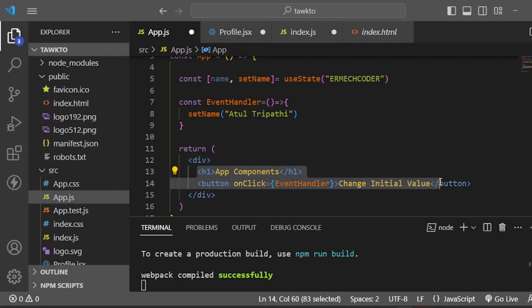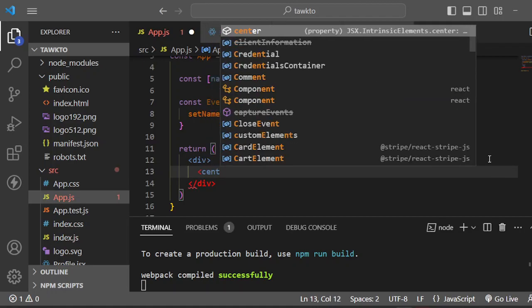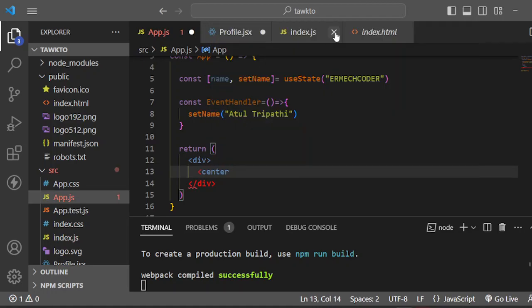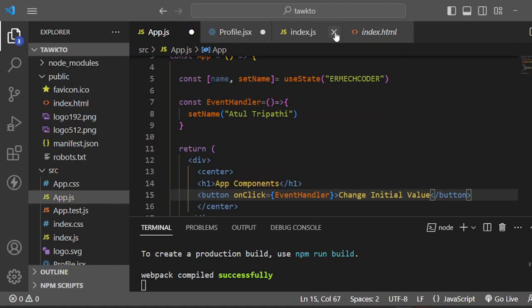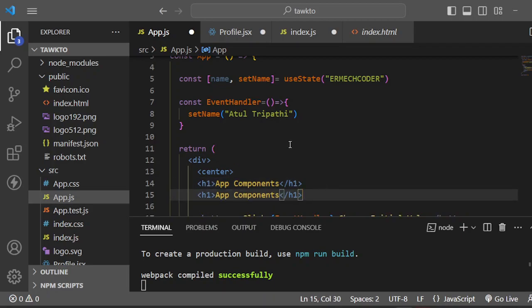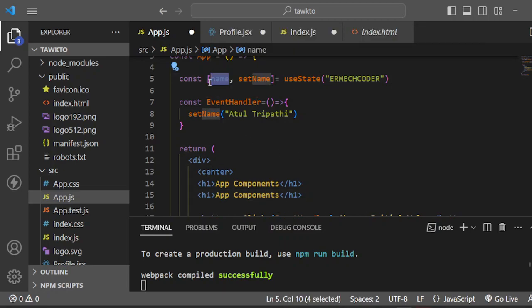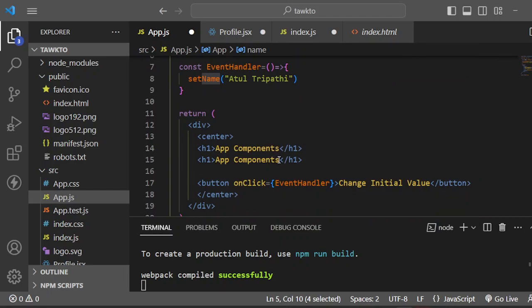It's done with center. So you just center tag and it's changed with name. So name, when using in JSX or with HTML,